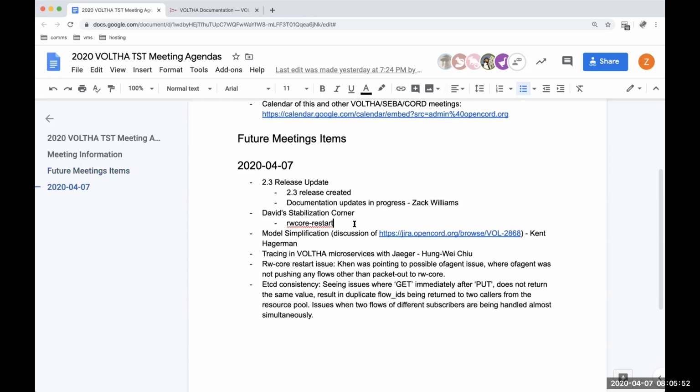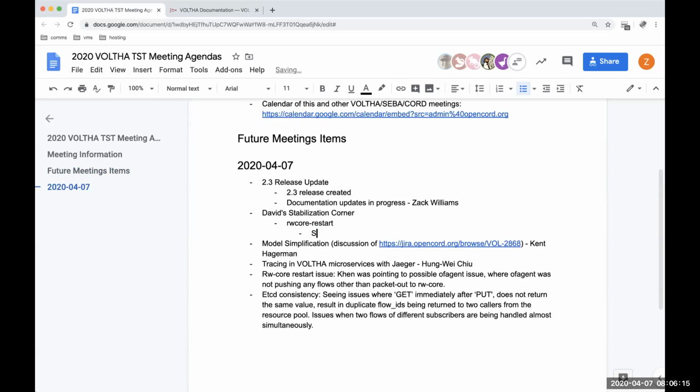All the failure tests, if you will, the restart container tests, seem to be working except the read-write core test. This test brings up VOLTHA, brings up a device, enables it, gets it through authentication, then scales down the core, the read-write core, to 0 instances, back up to 1.